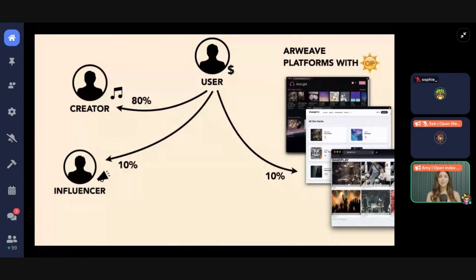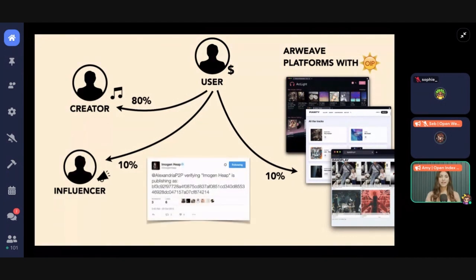And we just used round numbers in this example, but they can be anything and can be extremely complex if needed. Okay, so now let's imagine that BandPlay doesn't show the song because they only feature content that gives them 20% of the sale, and the creator's only offering 10%. The creator has control because they have the most incentive to optimize their pricing and terms, but platforms and influencers can decide which content they display and sell. So what this means is Open Index Protocol creates a market between creators of content, influencers and platforms who distribute and sell it, and users who pay for it.